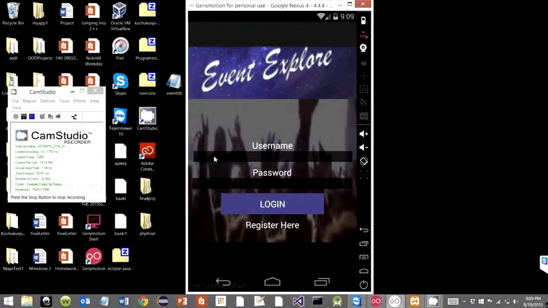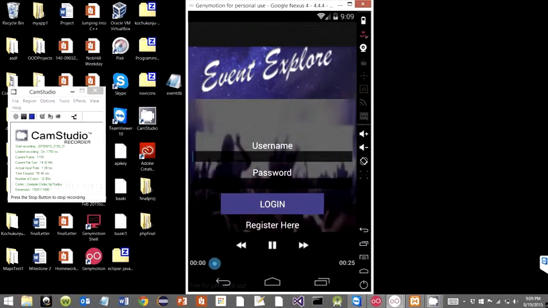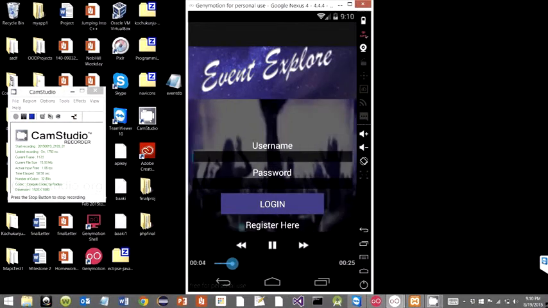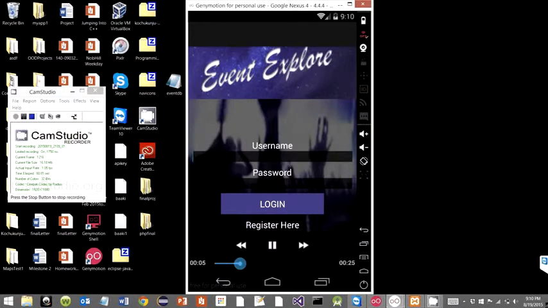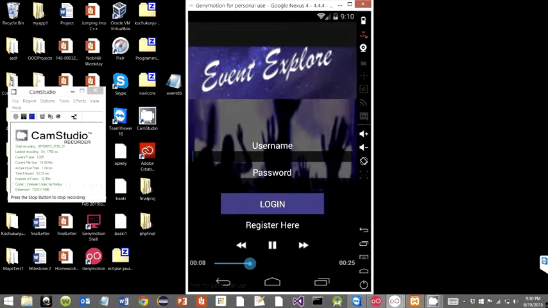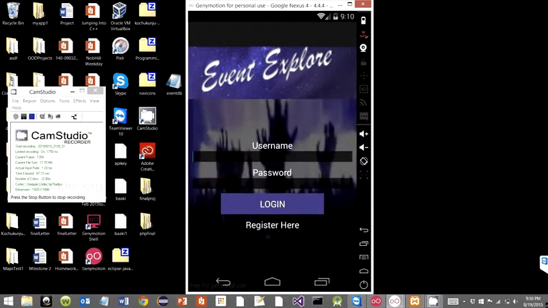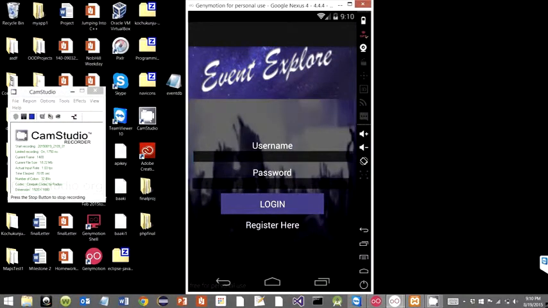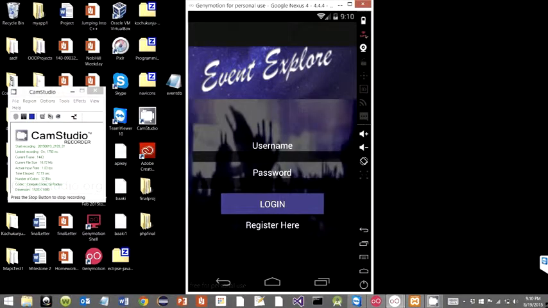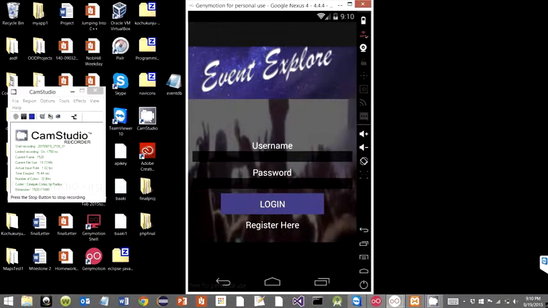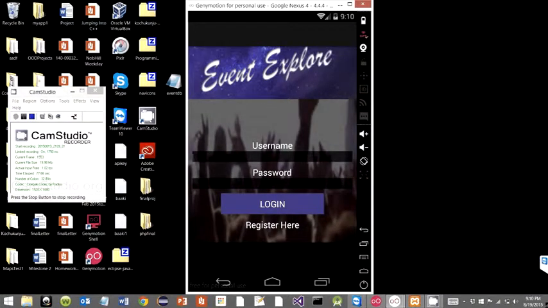Now you could see a moving background which is coming up. This is a video view coming up in the background, and also the username and password fields. So the registration and login have been integrated over here. Roshan has done the registration part, so he would explain how exactly login works.